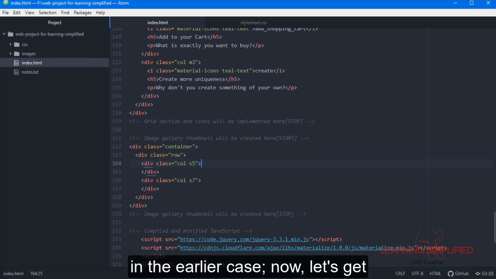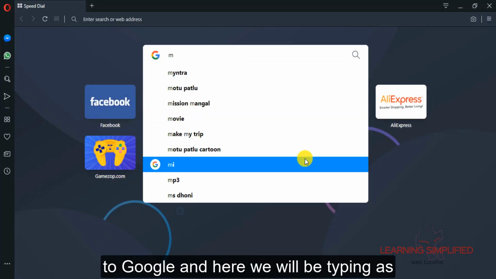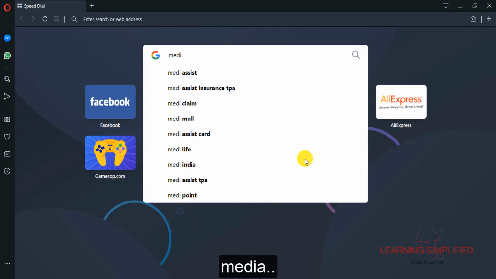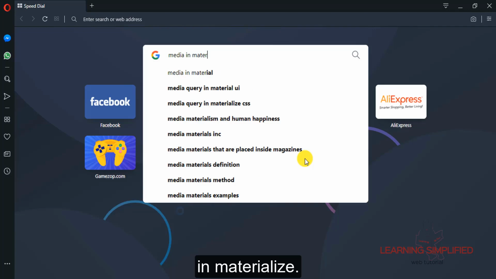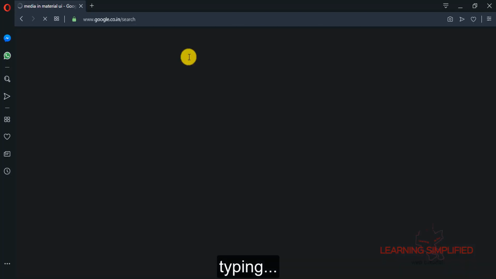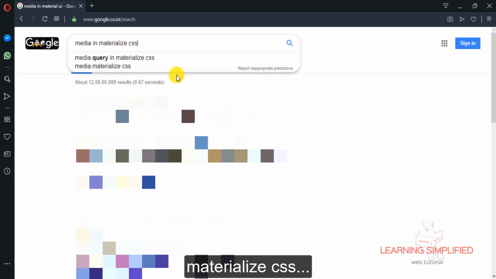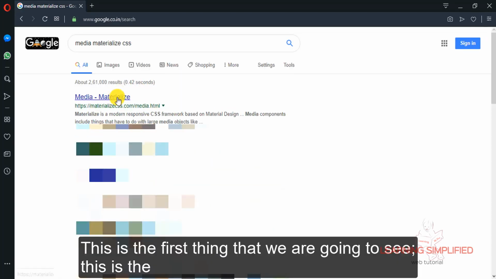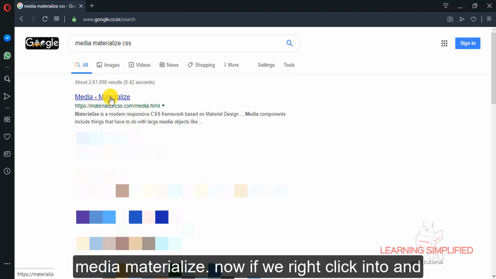Now let's get to Google, and here we will be typing media in Materialize, Materialize CSS. This is the first thing that we are going to see, the media Materialize.